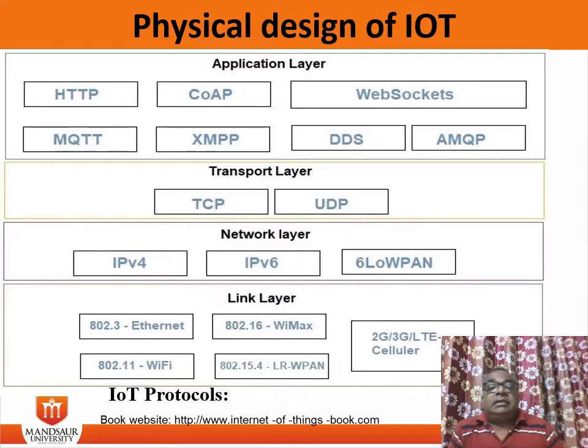The next one is Wi-Fi, that is 802.11 Wi-Fi. This is a part of the IEEE 802 set of LAN protocols, and it specifies the set of media access control and physical layer, that is MAC and PHY, protocols for implementing wireless local area networks. Wi-Fi computers communicate on various frequencies including but not limited to the 2.4 GHz, 5 GHz and 60 GHz frequency bands.